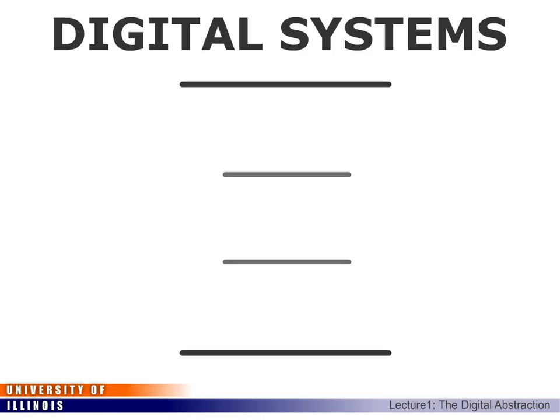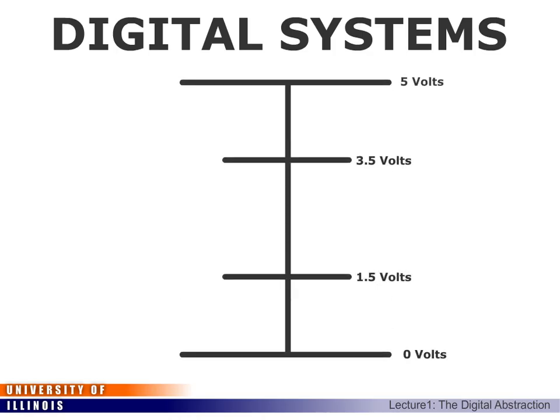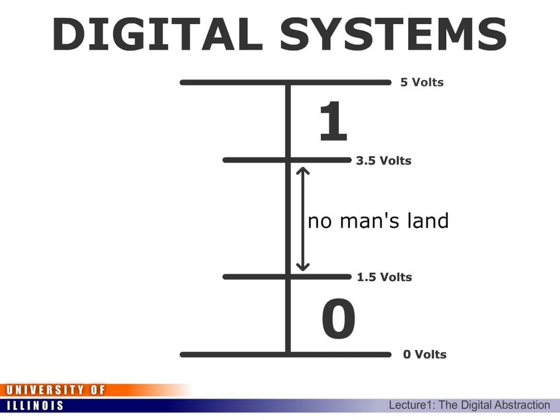Instead, to cheaply and reliably process information in spite of such noise, we build digital systems. Digital systems consider ranges of voltages to be equivalent. The most common approach is to map a range of voltages into exactly two values, high and low. By convention, high voltages are generally interpreted as on, true, or the number 1, and low voltages are interpreted as off, false, or the number 0. Voltages between these two thresholds are ambiguous, and digital circuits are designed to make the transition between these two valid ranges as quickly as possible.